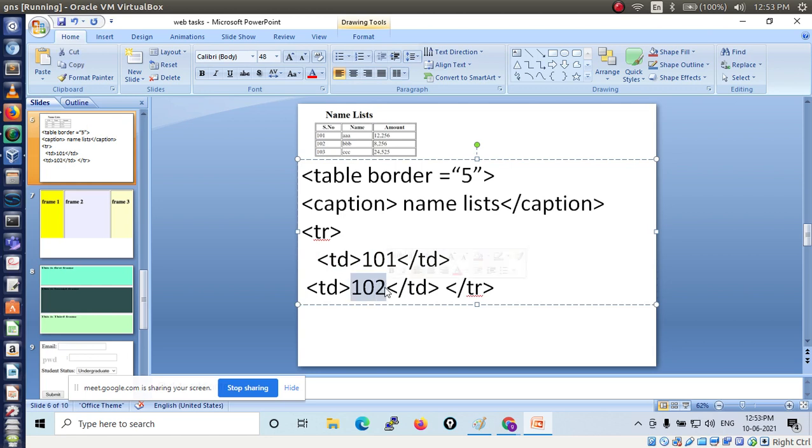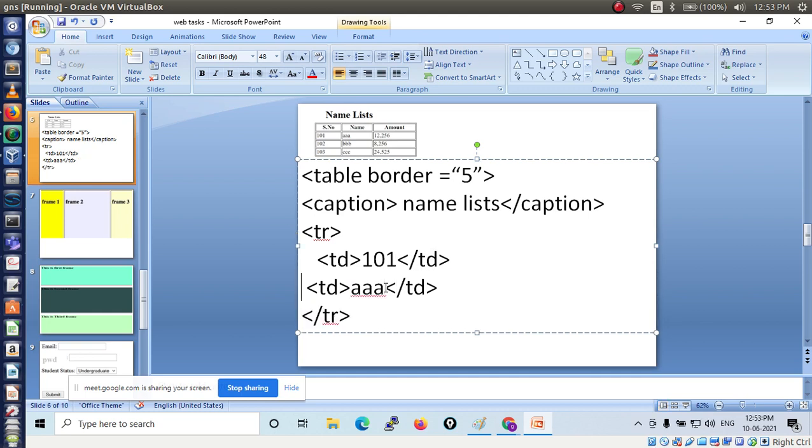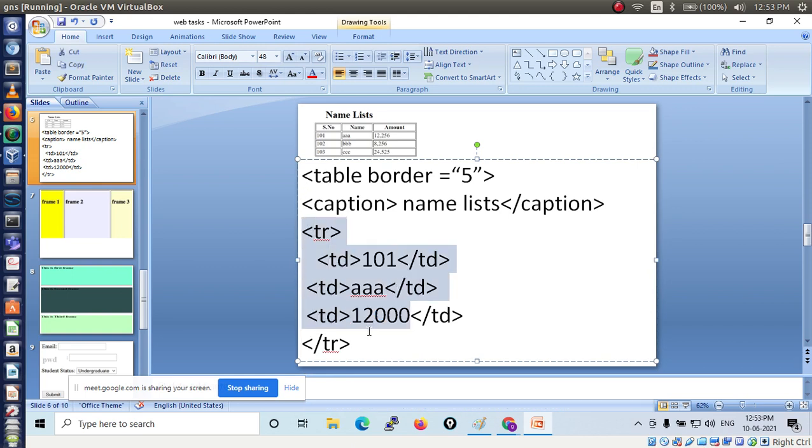Here you are displaying AAA, right? Now again use one more, that is amount. Here you have to display the amount, you write 10,000, then close the TR. Like this you have to write. So row wise you have to insert your table data, row wise.